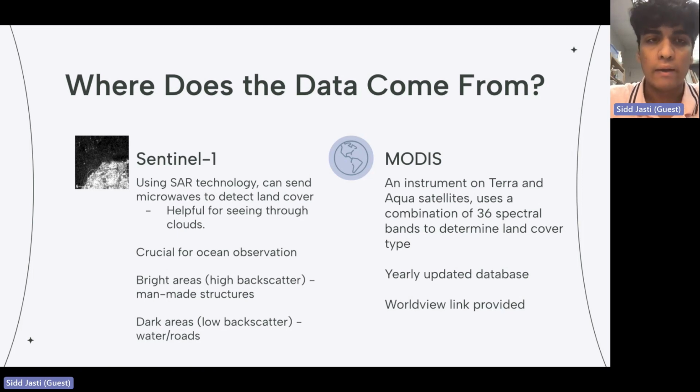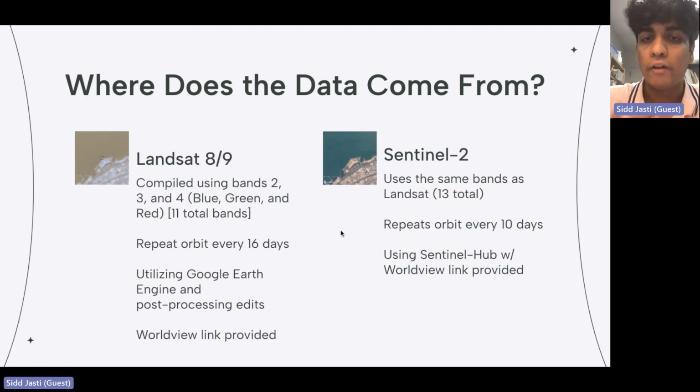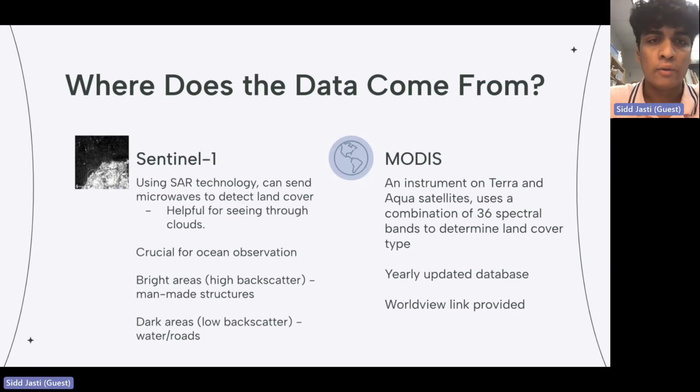Whereas with these two imageries, we filter for cloud cover. So we're saying, okay, we want the latest image from this date with less than 25% cloud cover. With Sentinel-1, we don't have to do that. We'll always have the latest image since we don't have to worry about cloud or day and night. Sentinel-1 is really good for ocean observation. Since it can pierce through ice, it can look at depths of ice and depths of water. Good for the ocean, with the water level from the ocean.